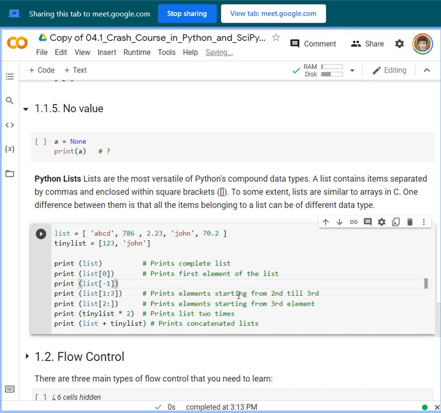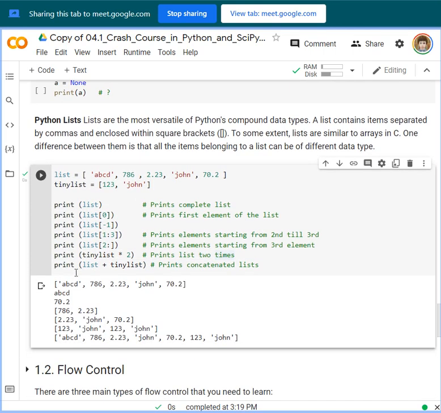The plus sign here sa pinakaubos nga line is the concatenation operator, and the asterisk here is the repetition operator. Now let's try to run this one.